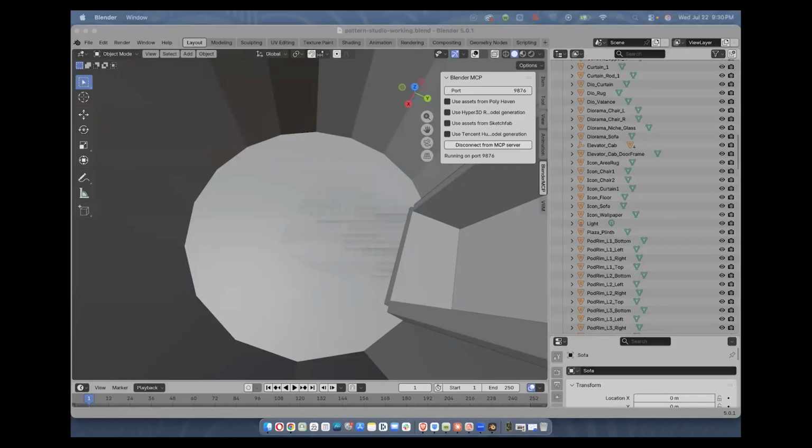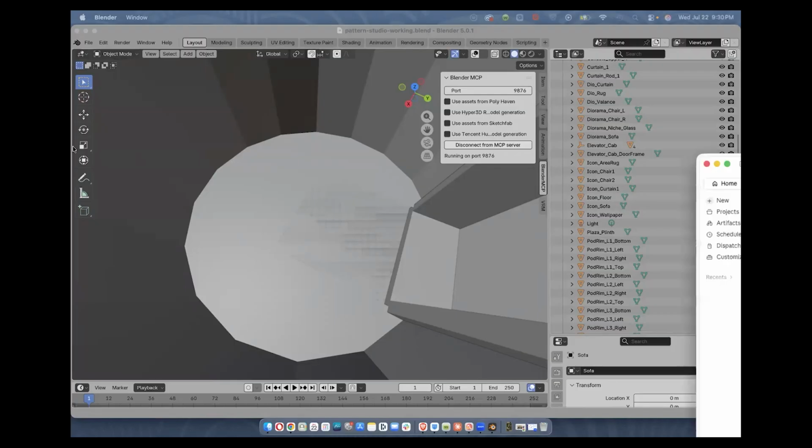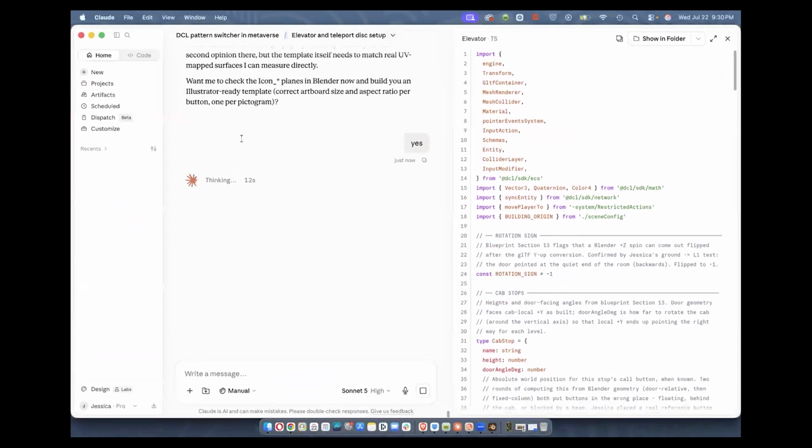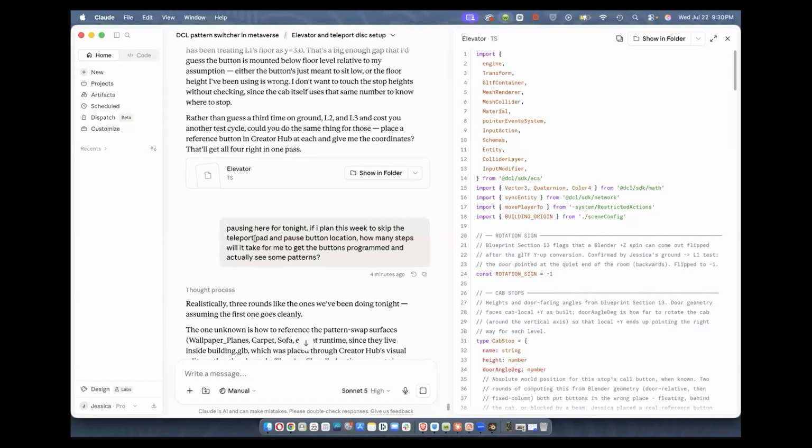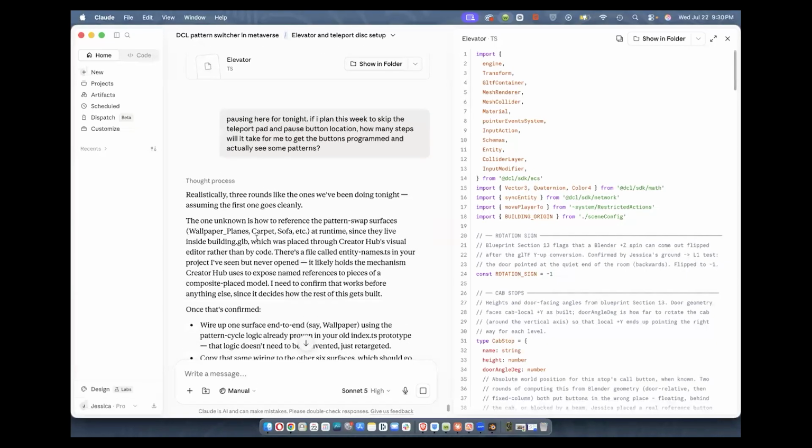Tired of the button placement. It's getting a little tedious and exhausting. So I skipped around and I asked Sonnet here how much work it's going to be or how many steps it might take for me to start getting the buttons on level 1 programmed and ready to send to the furniture in level 2. It says, yeah, we have to test, and it's going to be like 3 rounds tonight. And it has to read a file it hasn't read yet. And so I told it to,